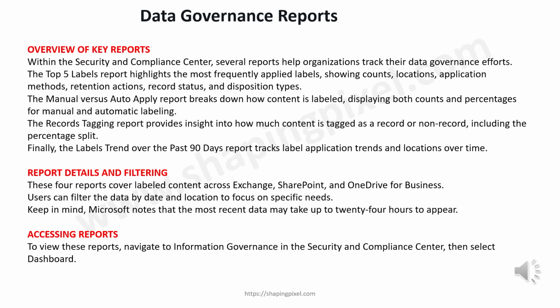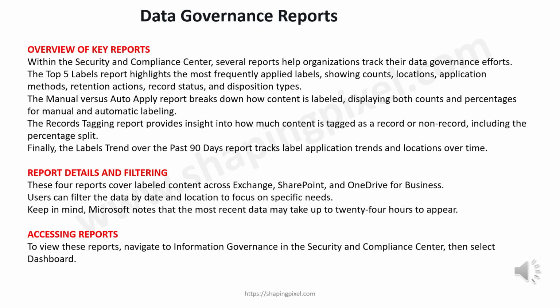Data governance is essential for organizations to manage and protect their information. Once labels and policies are in place, it is important to monitor their effectiveness. That is where data governance reports come in. Within the Security and Compliance Center, several reports help organizations track their data governance efforts. The Top 5 Labels report highlights the most frequently applied labels, showing counts, locations, application methods, retention actions, record status, and disposition types. The Manual versus Auto-Apply report breaks down how content is labeled, displaying both counts and percentages for